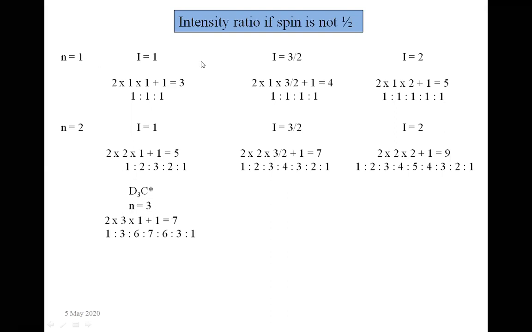ओके, n इज इक्वल टू 1 के लिए अपन देख चुके हैं, n इज इक्वल टू 2 के लिए देख चुके हैं. Now n is equal to 3 के लिए अपन example के साथ we will discuss. So there are n is equal to 3 and ड्यूटेरियम की स्पिन क्या होती है, 1. हाइड्रोजन की स्पिन क्या होती है, half. ड्यूटेरियम की 1 होती है स्पिन. ये याद रखने का आपको. So if we put the value in the formula, then we will get 7 lines in case of D3C radical.